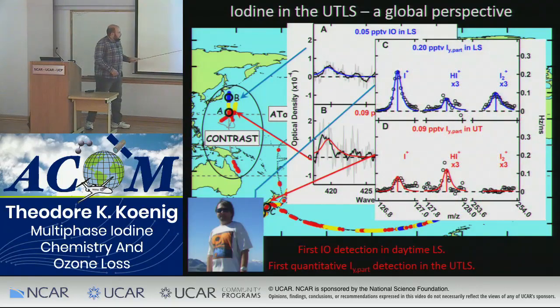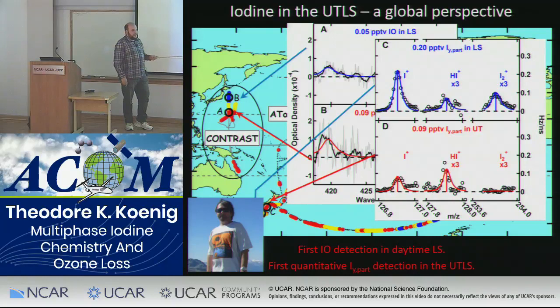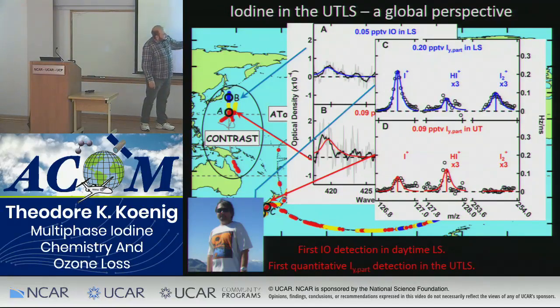And then I've got a picture of Pedro Campuzano-Jost here, who was one of the leading people who flew the AMS. I'll come back to this later, but we get three main ion signals from iodine in the stratosphere on the AMS. The main signal here is the I+ ion. You can see that we get an overall increase in signal as we go to the stratosphere, just by looking at the I+ ion signal.